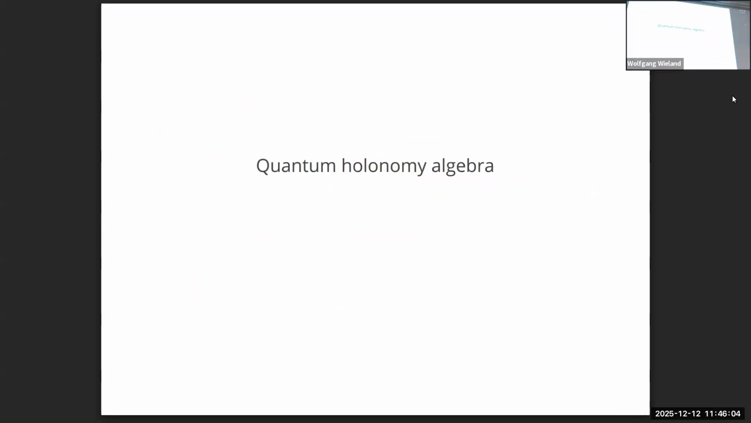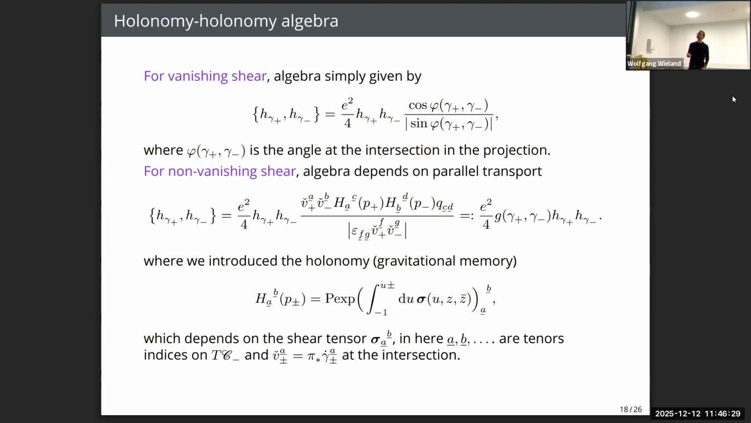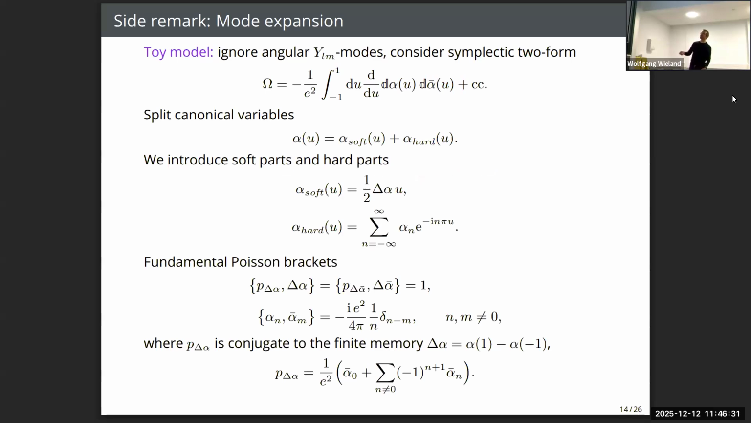Now we have Poisson algebras between U1 holonomies. On a spacelike hypersurface, we have this nice charge network representation. But now holonomies are non-commutative. So one has to ask: can we still quantize this algebra? So one answer would be, well, we now have this canonical coordinate, which are